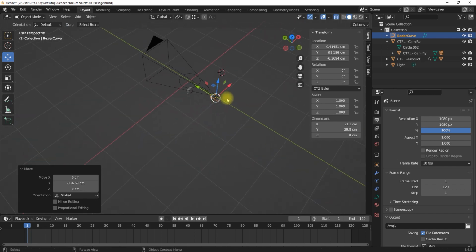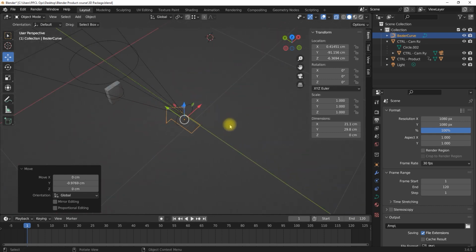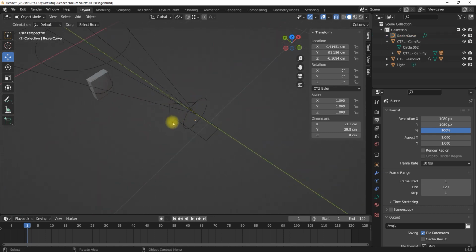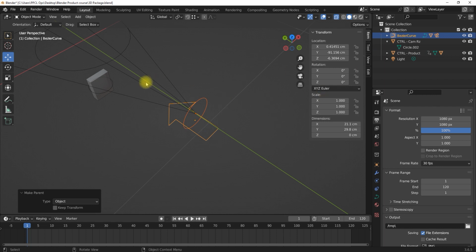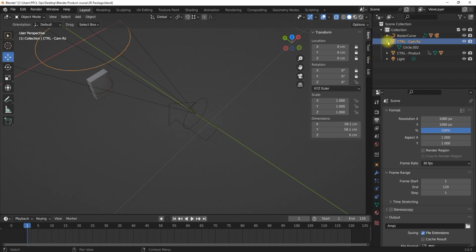So once we have this done, what we want to do now is put this as a child of this, so we want this to be a child of the move and not this directly, while this will be a child of that. So let's select this, hold down shift and select this, Control P, object. So if we select this now, you notice this will now have